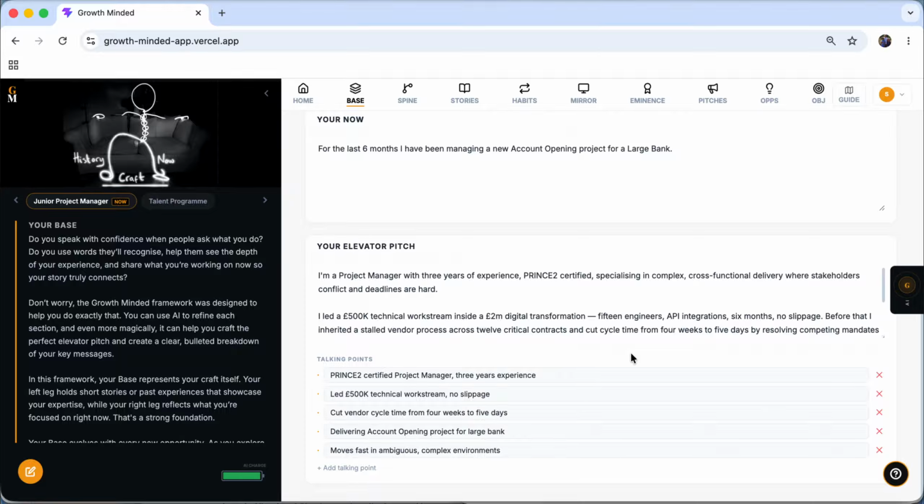What we're trying to avoid is you lying in bed at night, kicking yourself for the things you said, or for the things that you didn't say when you had a chance to meet somebody in a lift or in the office or on a call, and they ask you what you do, or you're approaching them for a role and you let yourself down. So the base is a very crisp, clean, short exercise for you to do.